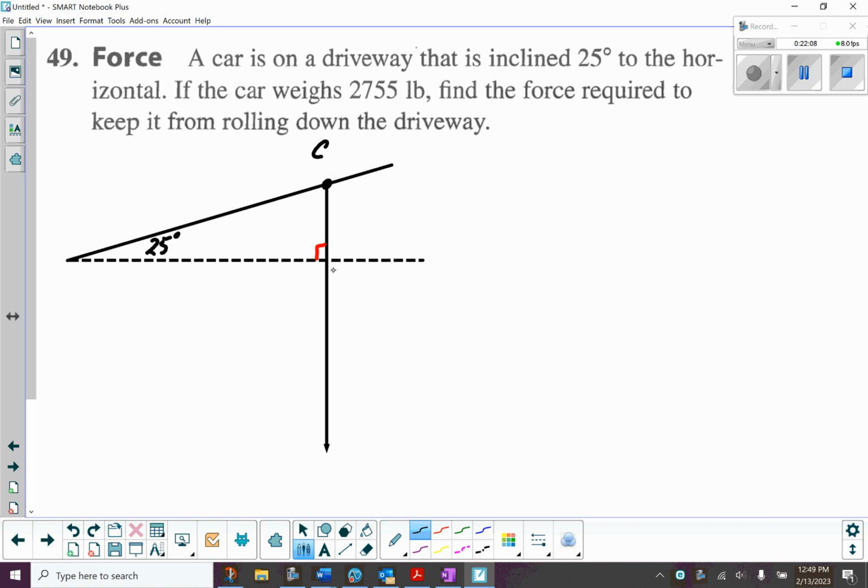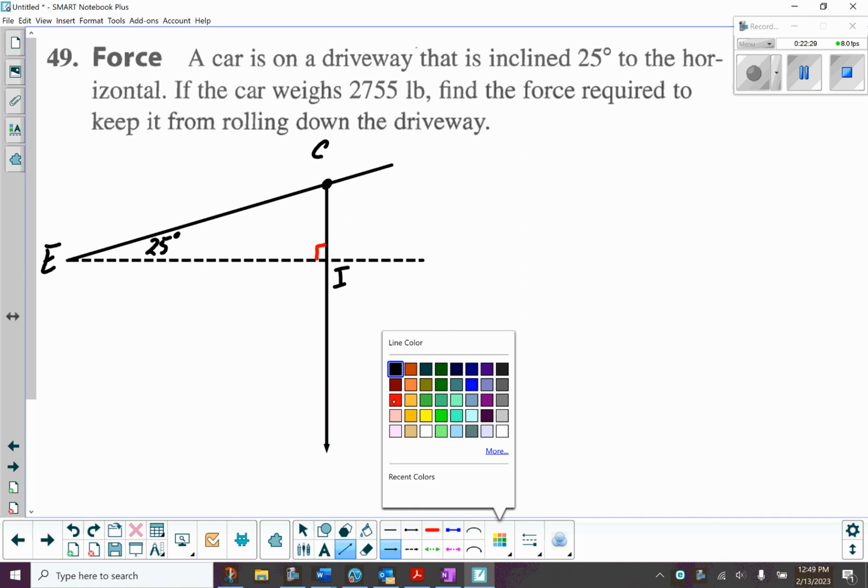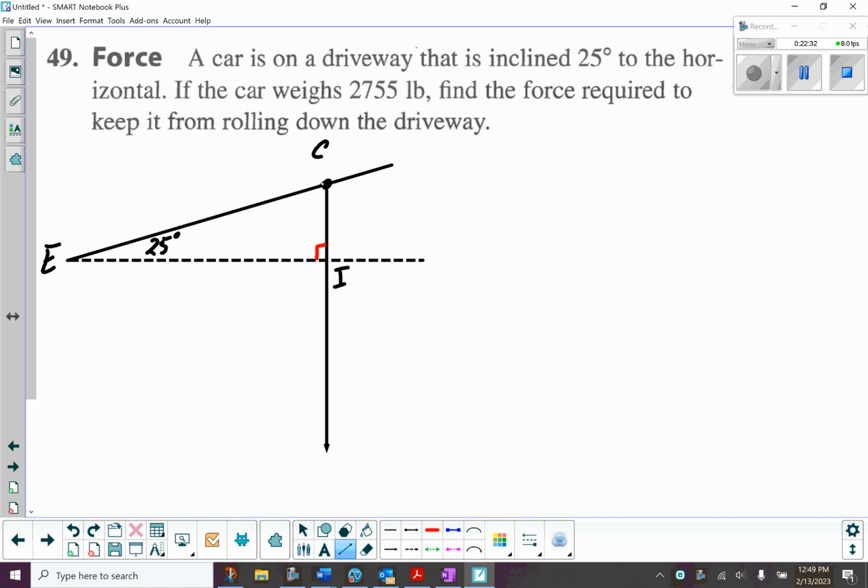Maybe if I label these things, here's the end of the driveway, here's this lovely point of intersection. So if angle CEI is 25, to actually do our calculations, we need the included angle between our two vectors. Well, the vector that we're trying to find here, if I can put this in red, is coming down the driveway. I'm not really sure how far that is, so I don't know exactly how long to draw that, but it's angle